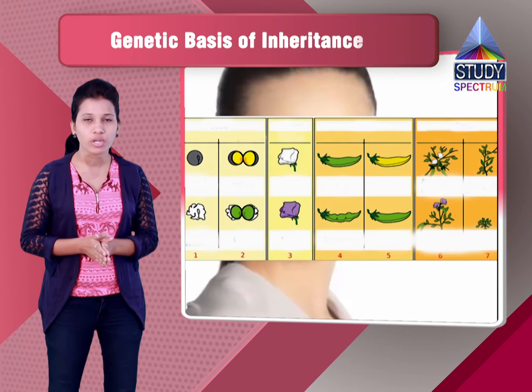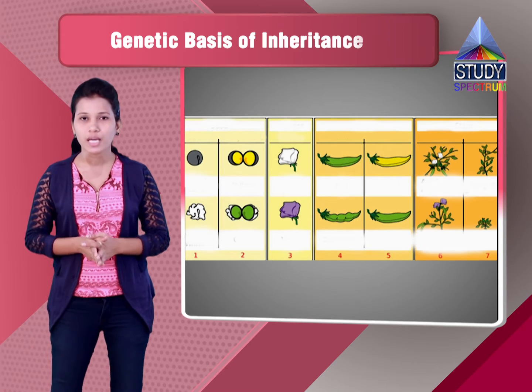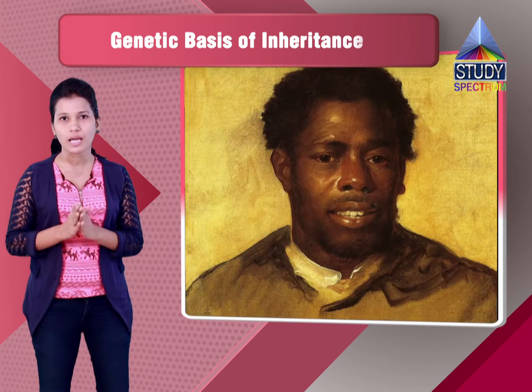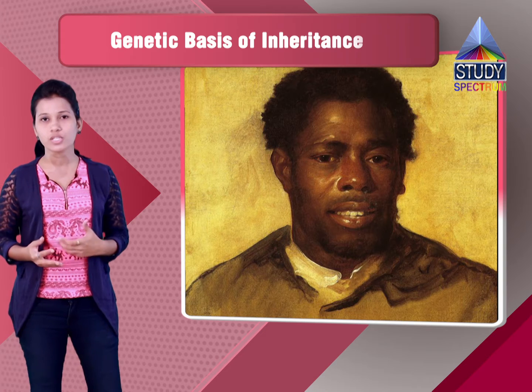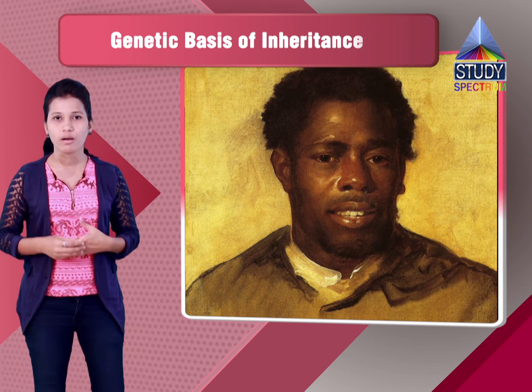7 different types of phenotypes are seen with the combinations between the 3 different types of genes which are there in a black person and an albino person. So these different genes will combine and they will give you different ratios. And these ratios are counted.